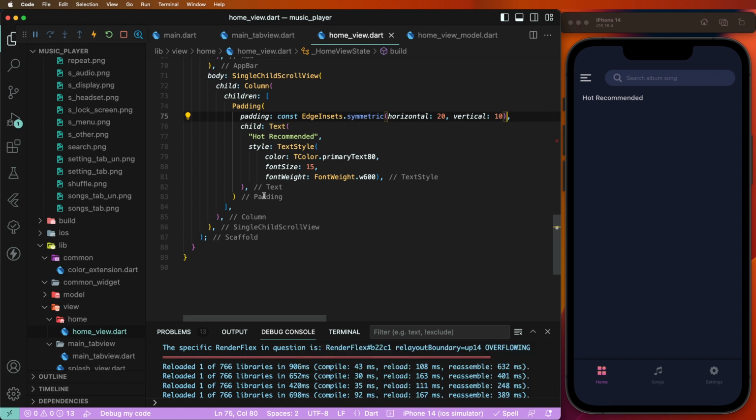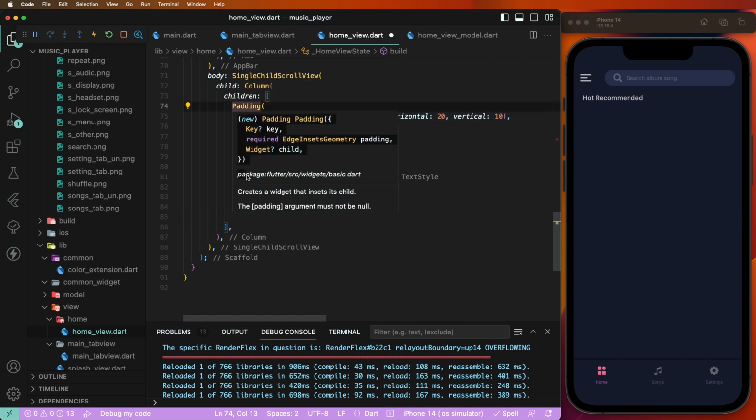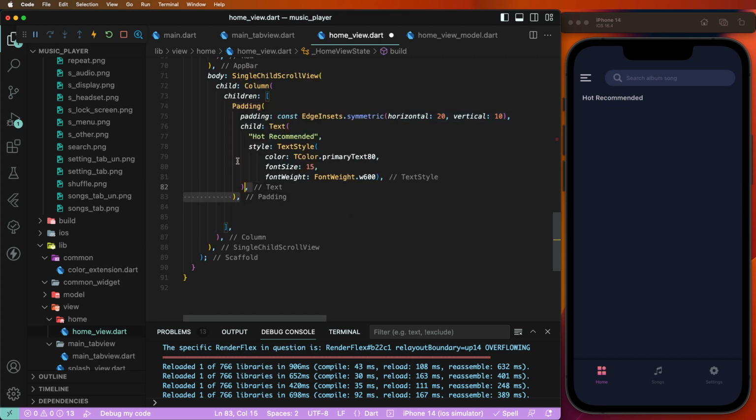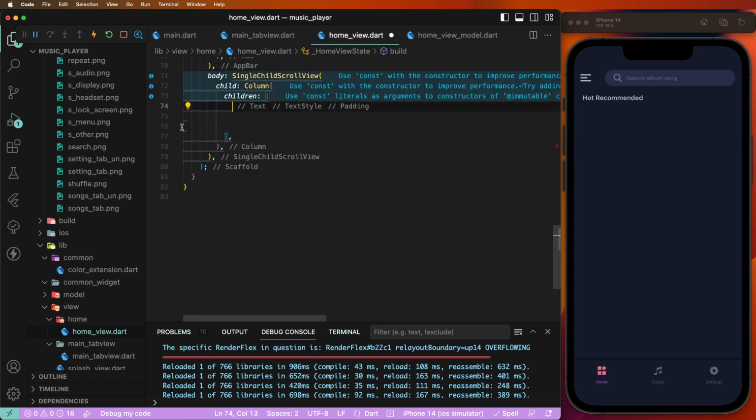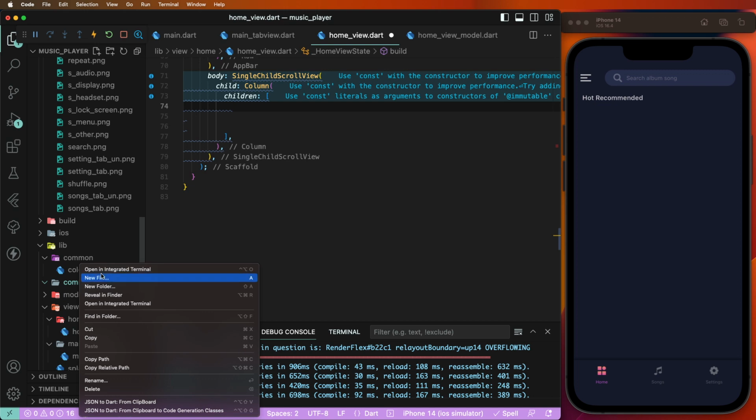And now need to set this here, and now need to create here this row and convert it into the common controls. Put this here, and now need to go inside the common widgets, write down here the new files,